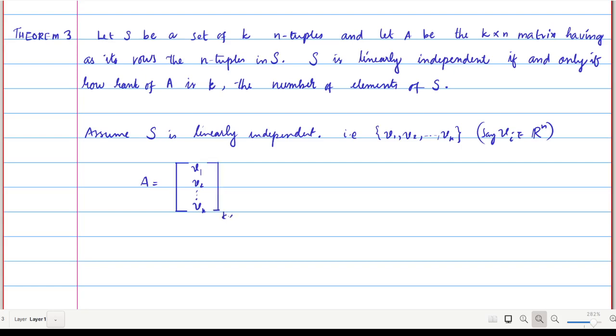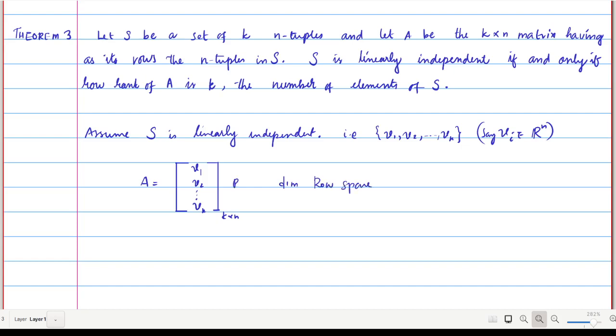This is a k by n matrix. We have k rows and each row has n components. Since these are n-tuples, this is a k by n matrix. Now our assumption is that v1, v2, ..., vk are linearly independent, but we know that the dimension of the row space,